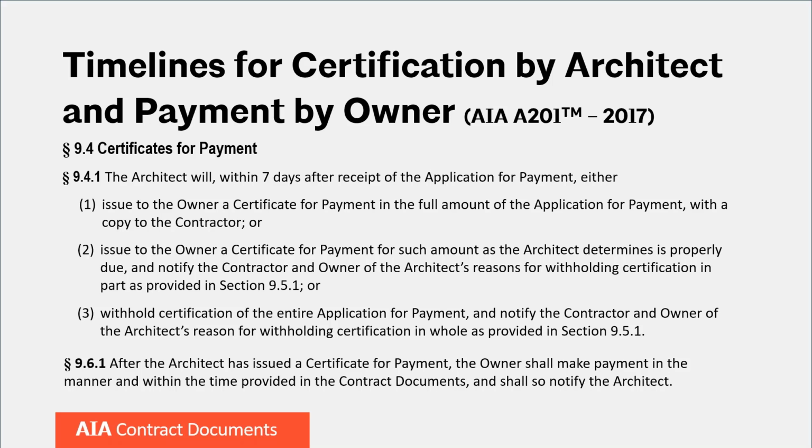So the first would be that the architect is able to issue a certificate of payment for the full amount that was in the application for payment. And then that would be payment in full for the amount requested. There could be, under number 2, that there is a partial amount. And if that's the case, the architect would need to provide the reasons that it is not able to certify